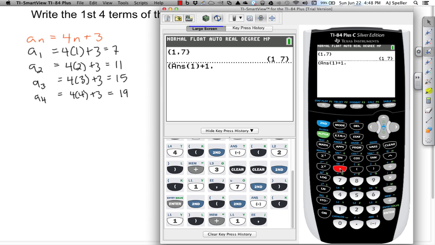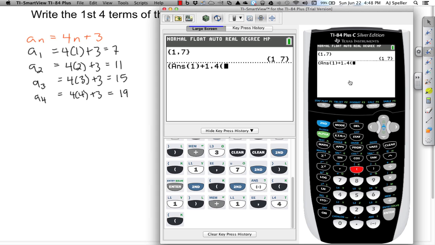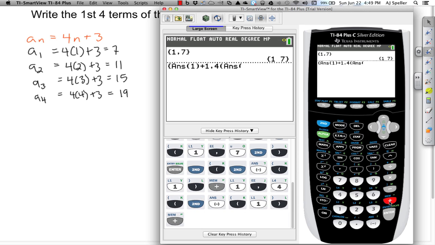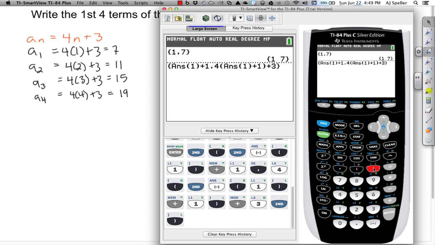And then I'm going to place a comma here, and now I want to put in an expression to calculate the second term. Well, the second term is going to be 4 times a 2 in this case. So I'm going to use answer 1. So second answer, where I'm going to pull the 1, which in this case is going to be a 1, and then I want to add 1 to that, which is going to make that 2. So in actuality, it's going to be 4 times 2, and then I want to do plus 3, because that's what my general form is. And I want to press second and then close it with the curly brace, and then press enter